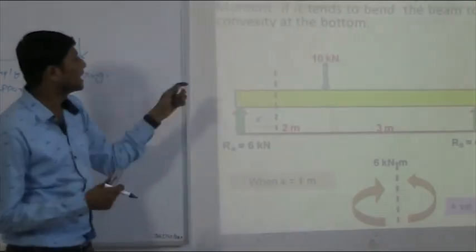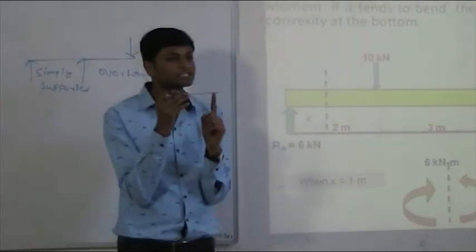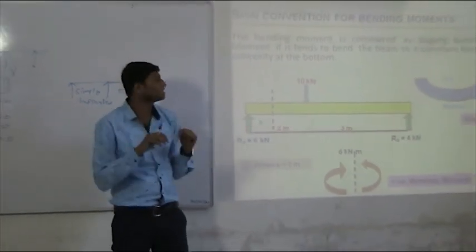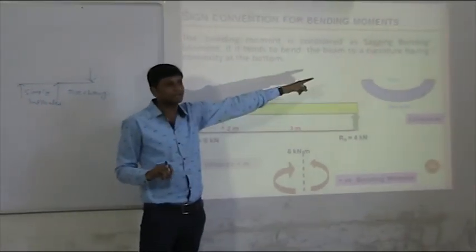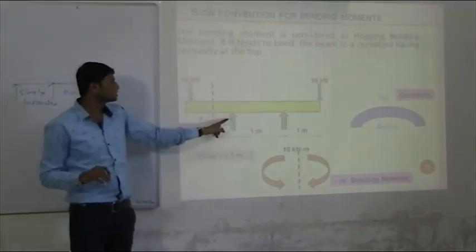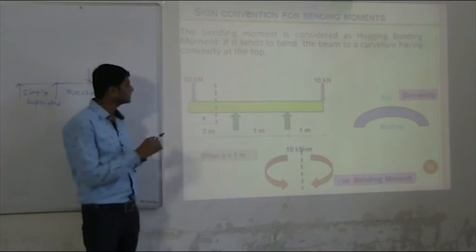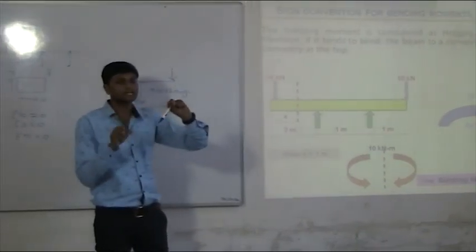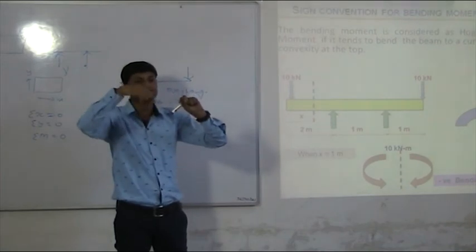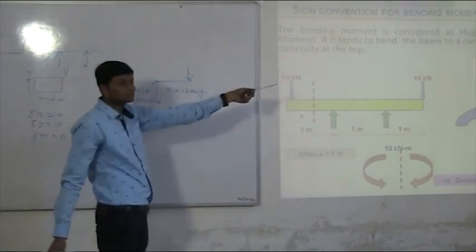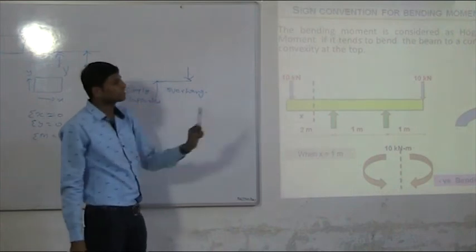Next, bending. If our beam is simply supported, bending is just like this, then this moment is called sagging moment. Convexity at the bottom and at the top there is concavity. Next, if our support is overhanging type. Overhanging means if we fix the support here and apply the load in this direction, then it will have the shape of convexity at the top and concavity at the bottom.